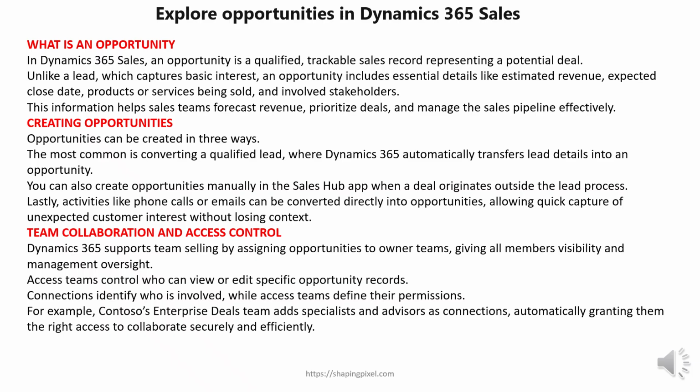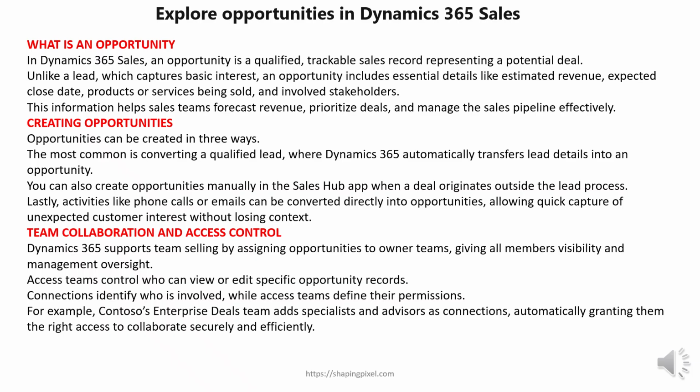Dynamics 365 supports team selling by assigning opportunities to owner teams, giving all members visibility and management oversight. Access teams control who can view or edit specific opportunity records. Connections identify who is involved, while access teams define their permissions. For example, Contoso's Enterprise Deals team adds specialists and advisors as connections, automatically granting them the right access to collaborate